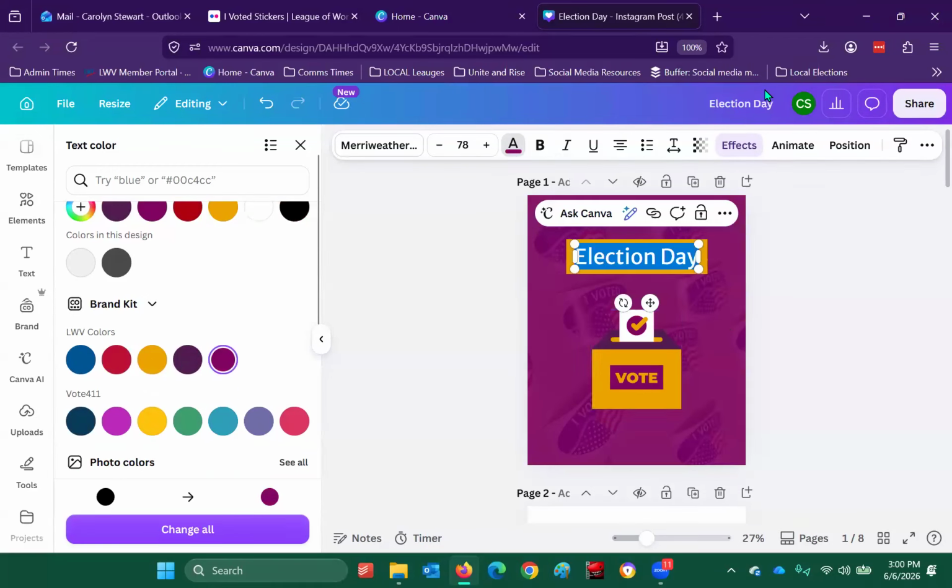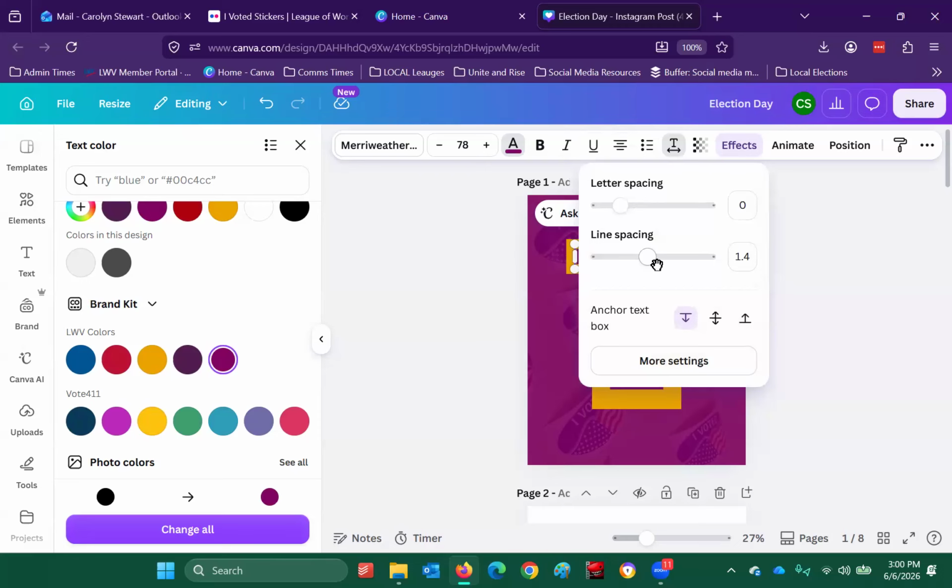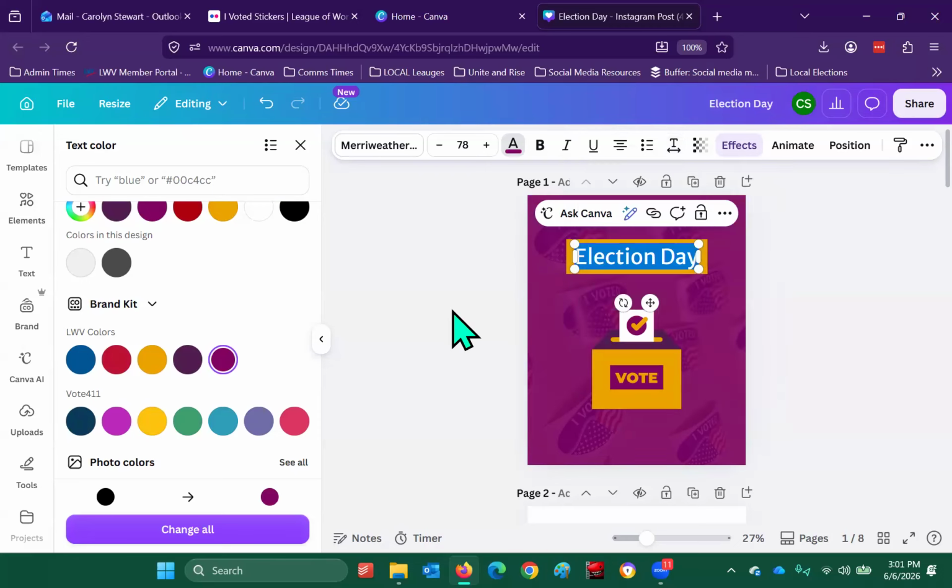You can do the usual: bold it, italicize, underline. You can change how the text is aligned here. This is set up similarly to a Word document. You can do the bullet points if you want. They've got advanced settings where you can change how, it's very difficult to see both at the same time, but you can change how